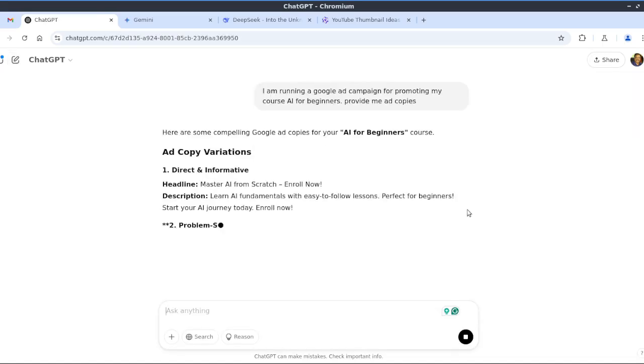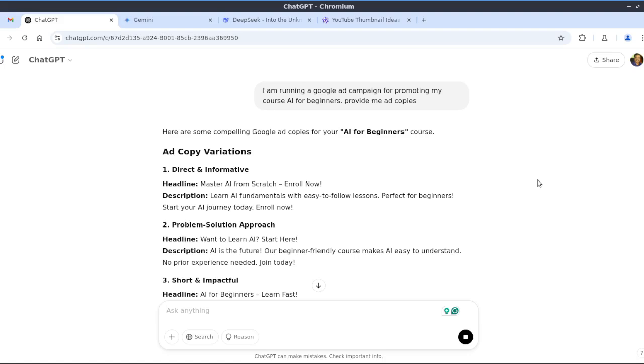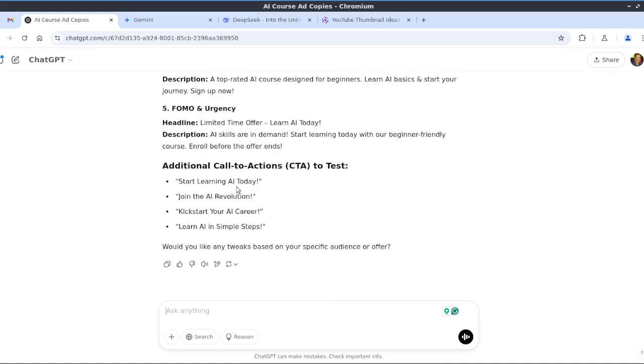And we need to understand that these LLMs have a certain knowledge cutoff. Okay, they won't have the latest information, but they have the ability to search the web. But it won't be as natural as pre-trained information. So whenever you are dealing with the latest information, just take additional care. Okay, so here it provided headline, description, so it provided all the details.